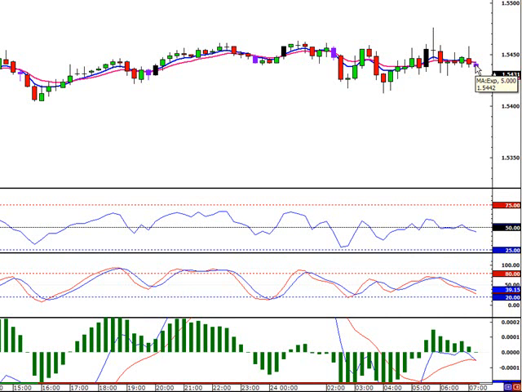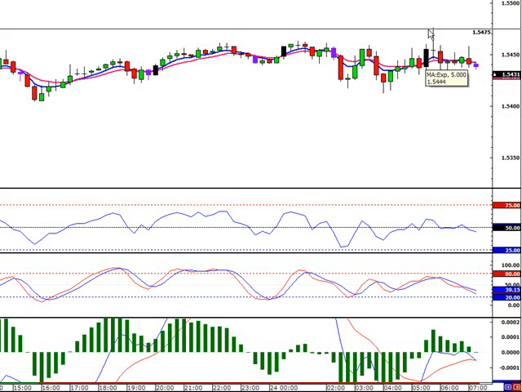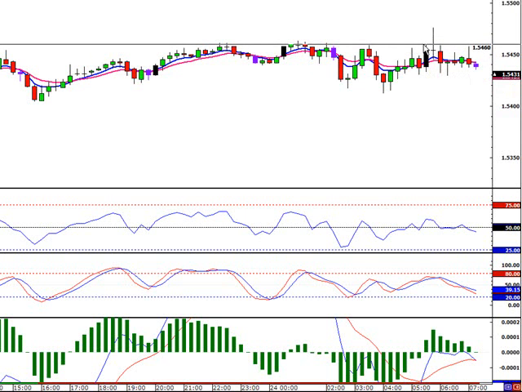You want to enter at the close of the candle or as close to it as possible. In this case, it's 54.38. Our stop's going to be at the most recent swing high, which is at 54.76. And in this case, I wouldn't even mind if you put it at 54.60, because you can see that we've had quite a few touches around that area, and this big spike there just doesn't really seem like a valid